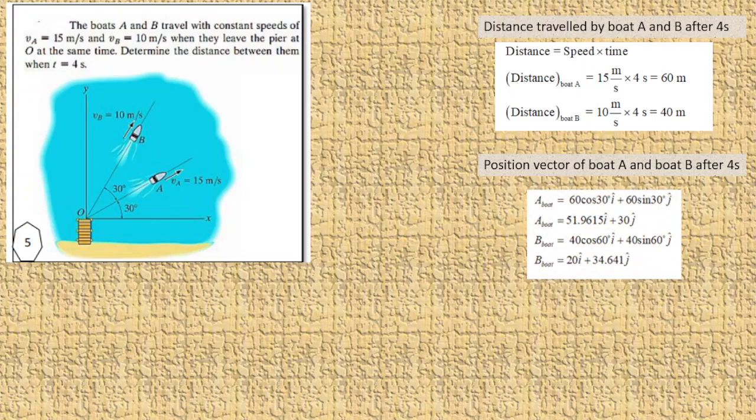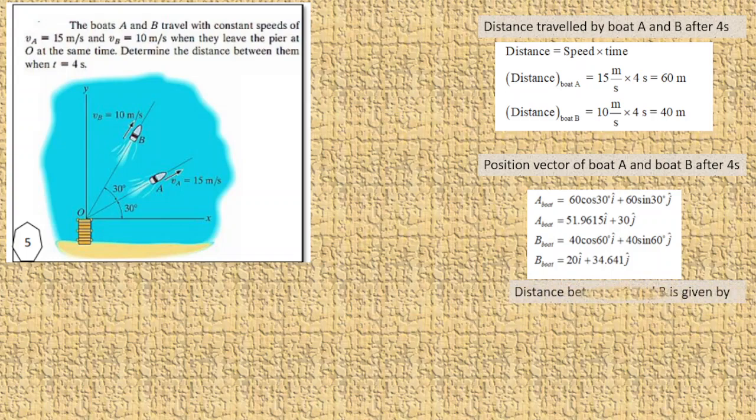Then for boat A, we get 60 meters as the magnitude, and at an angle of 60 meters we can split the magnitude of the distance of boat A by using the concept of resolving of vector. Resolving of vector means the splitting of vector into its components that have the same effect as the original component. So for boat A, we'll do 16 times cos 13i plus 16 times sin 13j, and we will get 51.96155 plus 13j. For boat B, 14 cos 60i plus 4 sin j, we'll get for boat B this value,